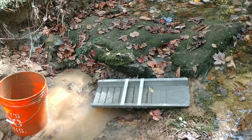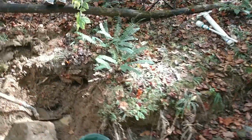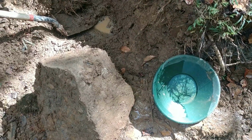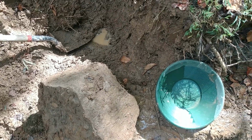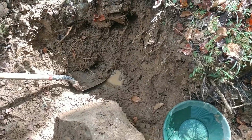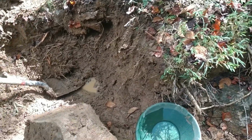So I've set up my sluice. I don't think there's going to be enough water flow, so I may end up just panning this out. I really haven't found any different material in this hole than what was at the top, so I was hoping to see some sort of layering or something that would indicate that there was more black sand at the bottom on that bedrock, but so far